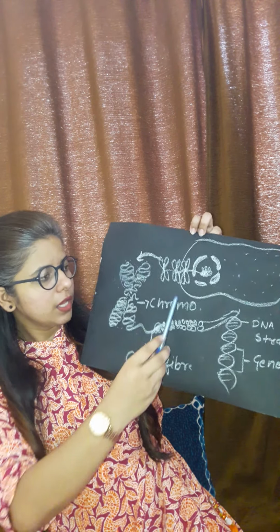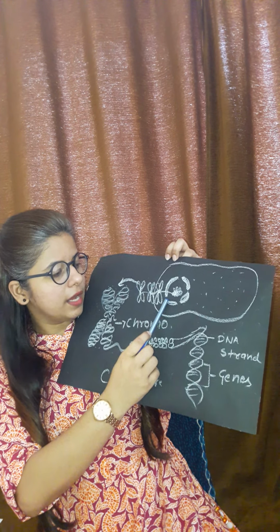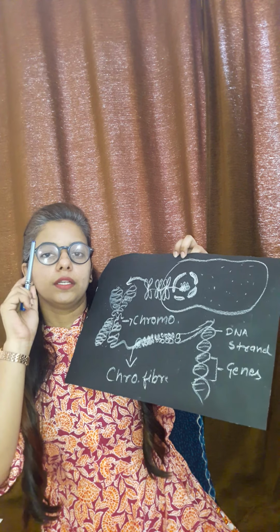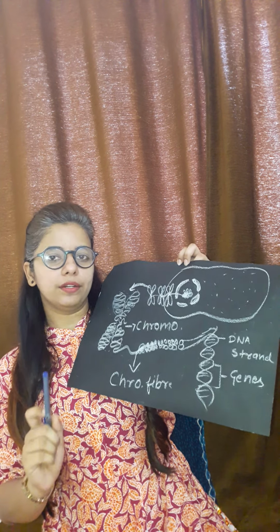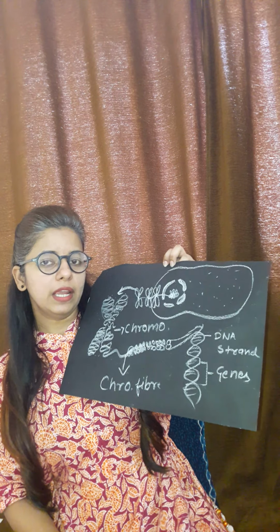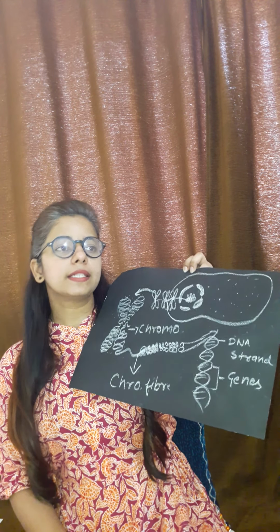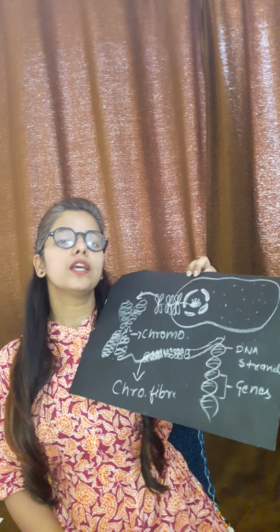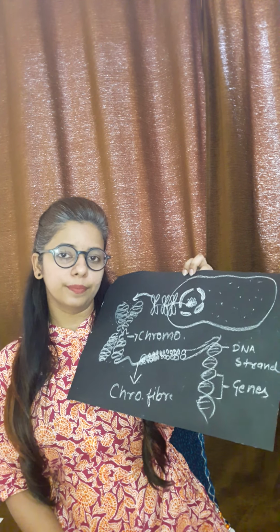Now we have read about the cell wall and the plasma membrane. Now we will study the nucleus, a very important component of the cell. Students, here I have drawn a nucleus for you. The nucleus is double layered membrane bound. Understand each and every point regarding the nucleus very carefully. If you are not careful in listening to the explanation of the nucleus, you will get confused.